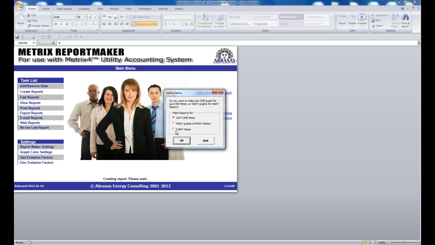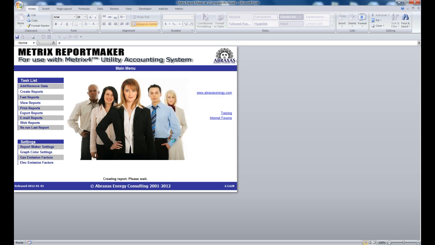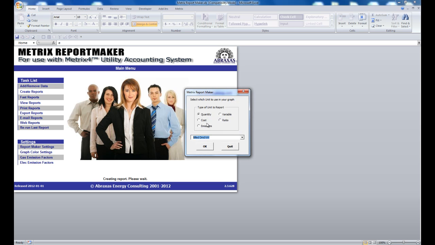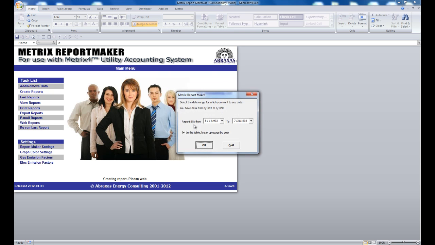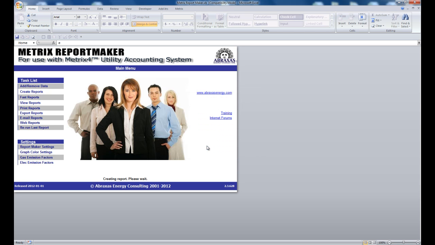Moving on, I'm going to do all of my meters at once. Then it's going to ask me what I'd like to report. For this, I'll do a total dollars report just so I can see savings. And I'm going to select the first year of data, which is approximately August 1st through July 31st. I'm going to have it broken up by year, and then it's going to take a second and I'll begin